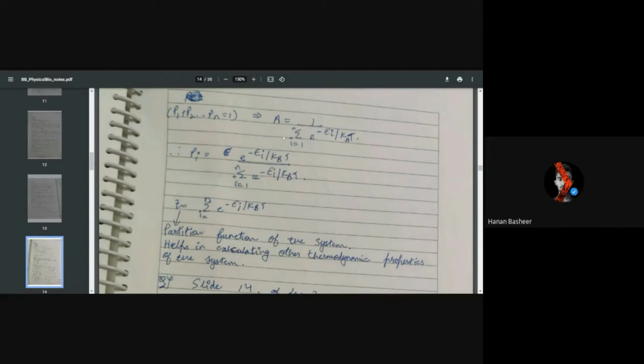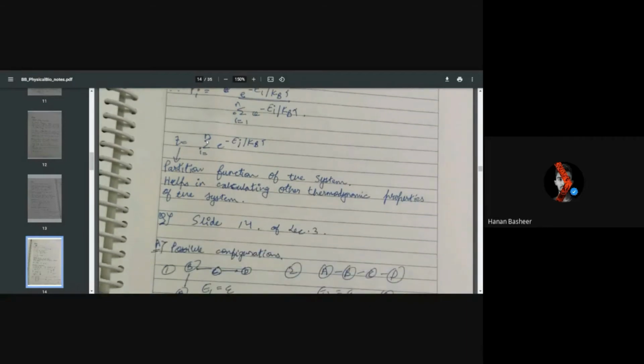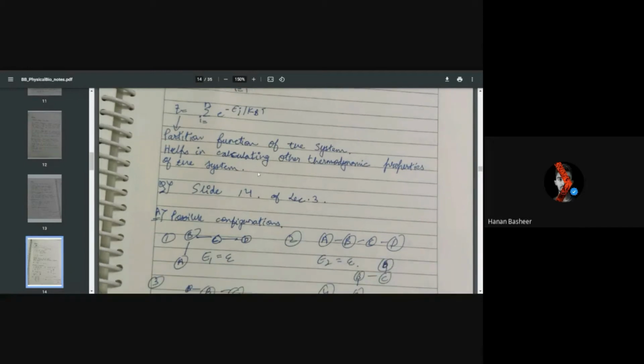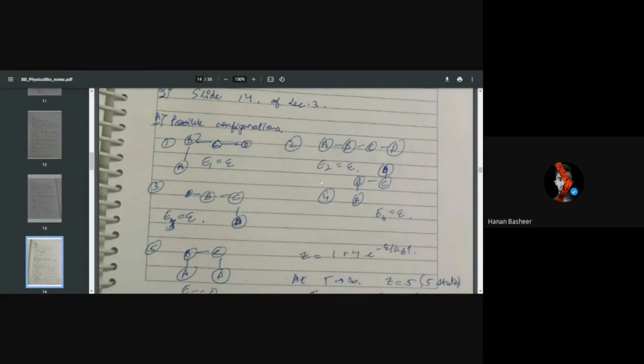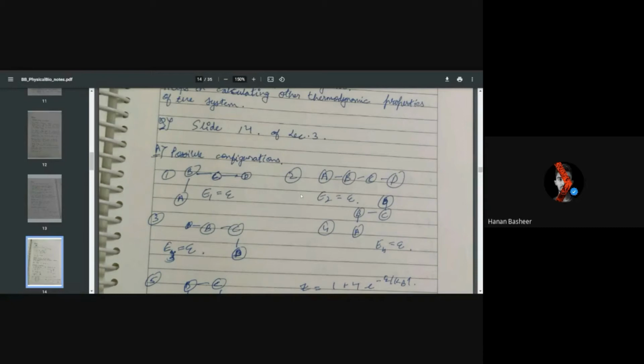So this is the function which we can use to find the exact probability that a particle will be in the ith state. And Z is the summation over all these exponential terms, which is known as the partition function of the system. This helps us to calculate some thermodynamic properties of the system. Then there is a question which says that if you have a four-member molecule which is present at energy E in all states except the states when two molecules are near to each other, then for non-bonded atoms, when they are near to each other, the energy drops by E.